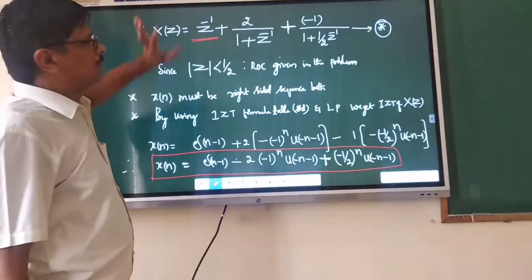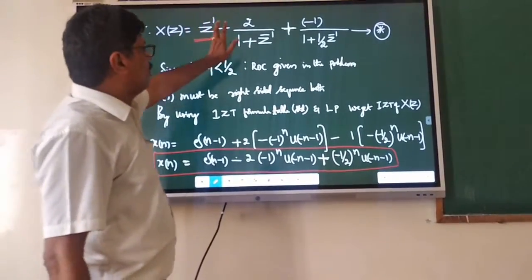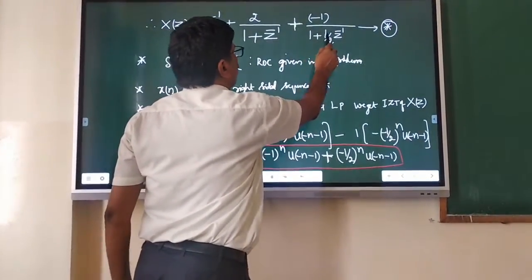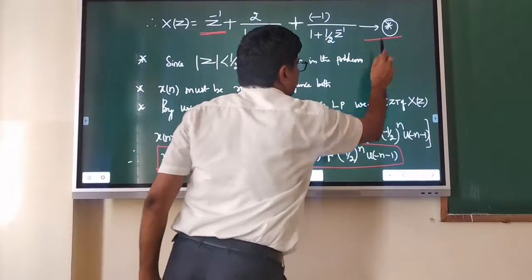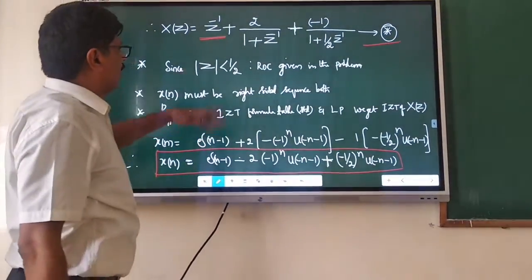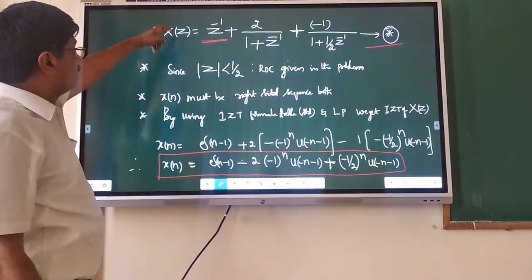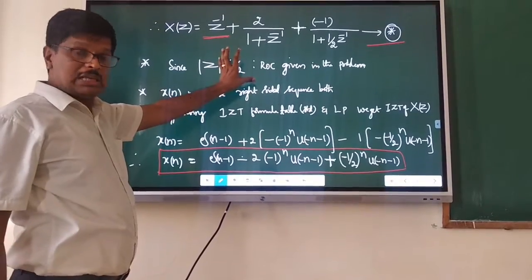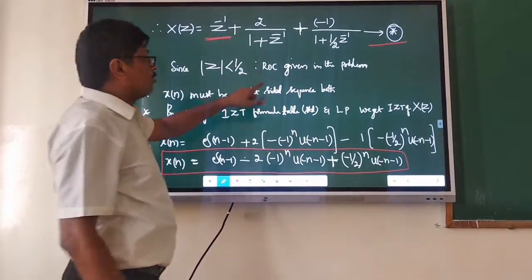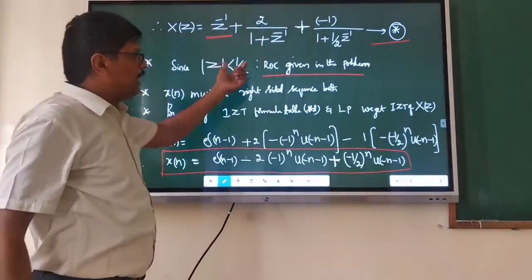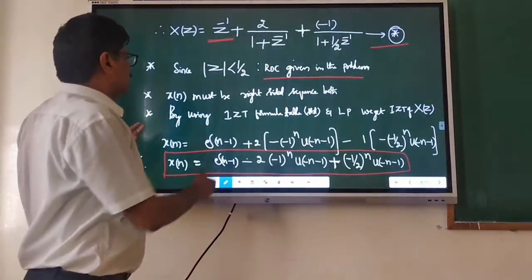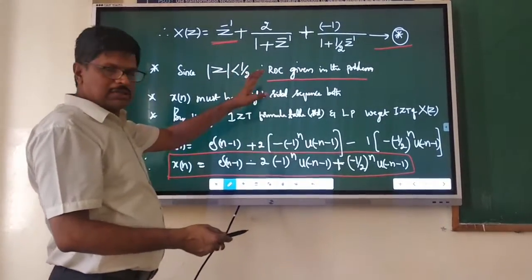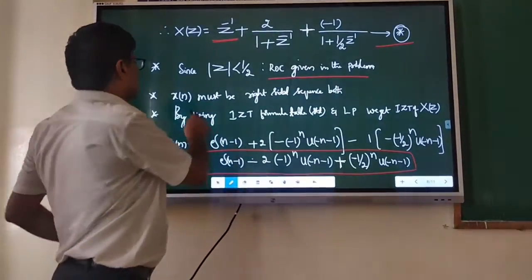Now substitute all that. X(z) is equal to z inverse times X1(z), and X1(z) is 2 by (1 plus z inverse) plus minus 1 by (1 plus 1 by 2 z inverse). Call it equation number star. Now go to your final conclusions to get x(n). What is given in the problem? The ROC, |z| less than 1 by 2, is given in the problem. Then what will you understand? Since the ROC exists inside the circle,